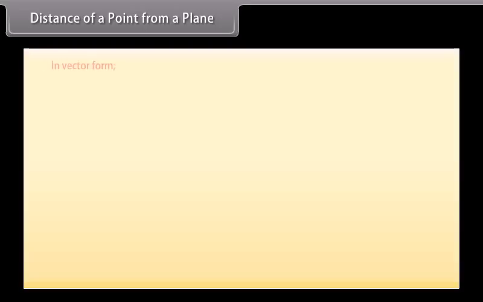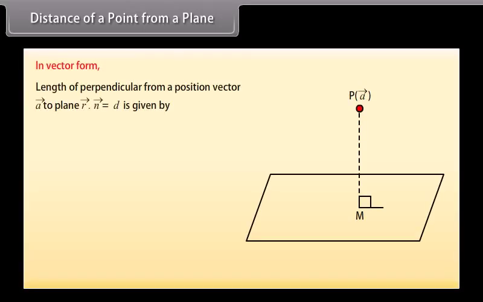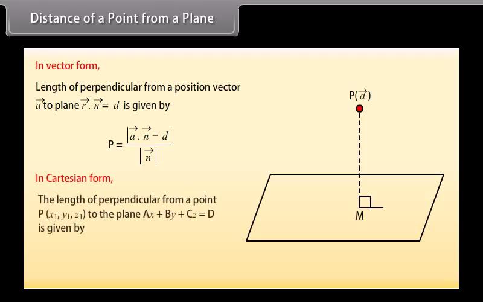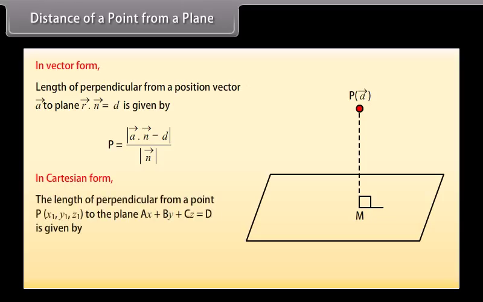Distance of a point from a plane. In vector form, the length of the perpendicular from a position vector A to the plane r·n = d is given by the following. In Cartesian form, the length of the perpendicular from a point P (x1, y1, z1) to the plane ax + by + cz = d is given by